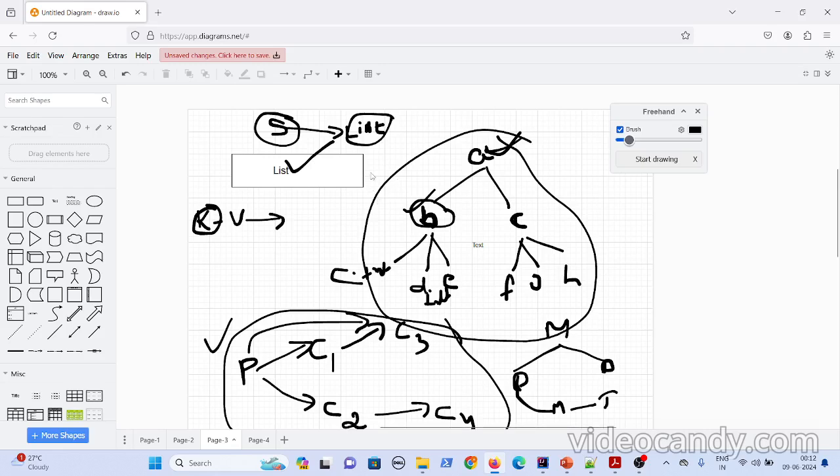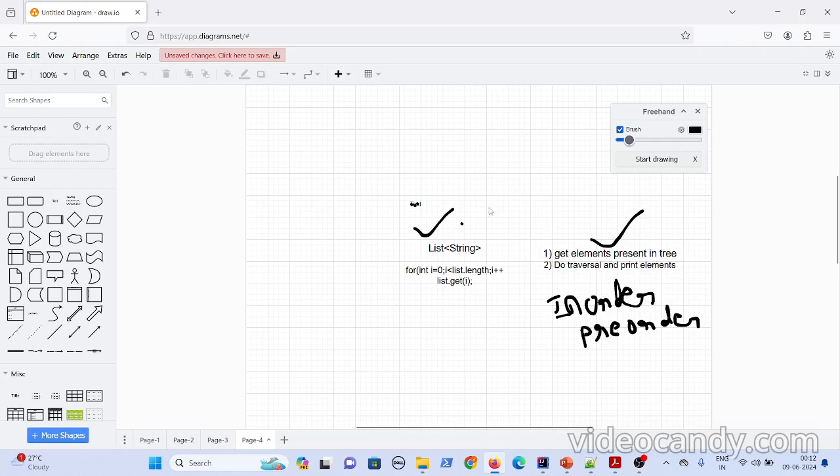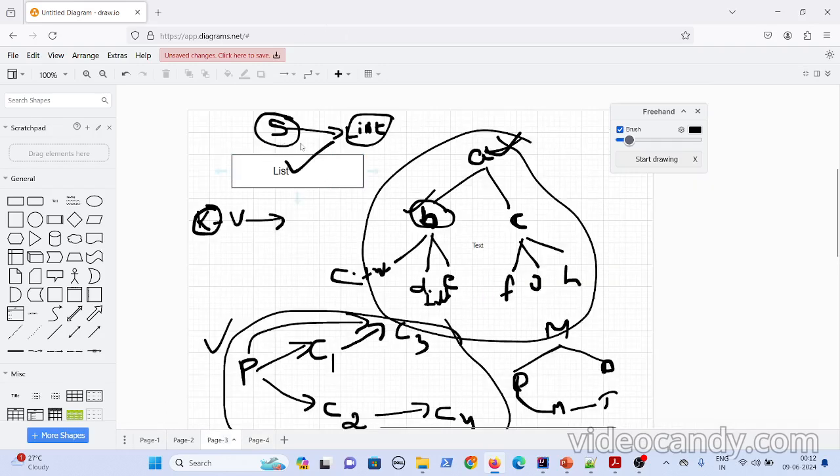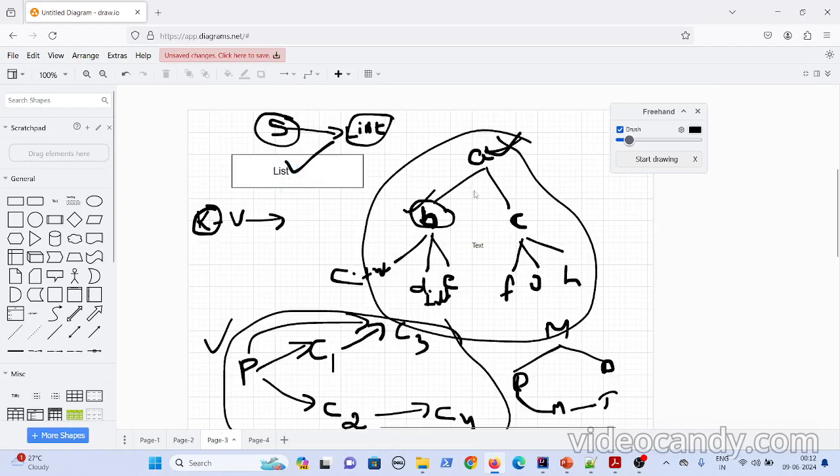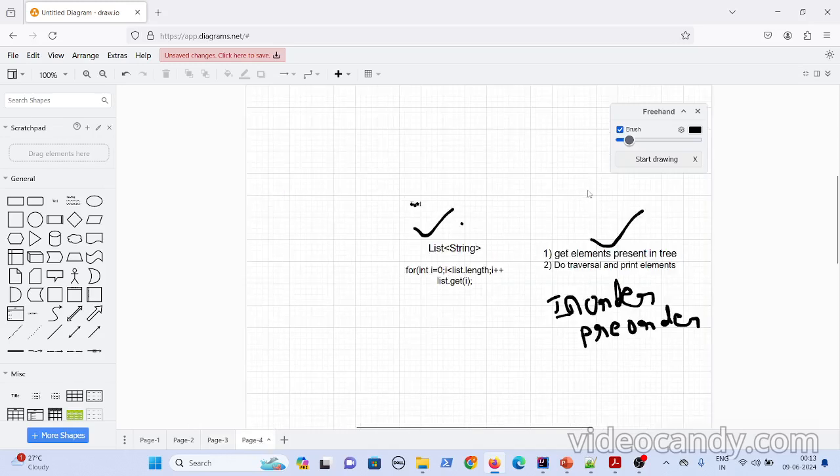Your data structure or class is just giving the elements that are present, and you write the logic of the traversal and print it. So all this logic is on you. To do the traversal, you have to understand the traversal logic and write code for that.